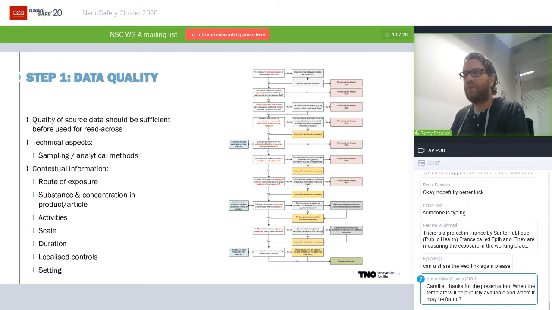So in step one, we make a data quality check scheme, which I do not expect you can read, but it shows you that there are several questions with regards to the technical aspects of the data set, so sampling strategies, analytical methods used, and questions about contextual information available. So is the substance well described, the concentrations in the product articles, are the activities well described, what's the scale, the duration, etc. And if an answer is no to one of the questions, some alternatives are offered. So if the concentration is not known, for example, you might